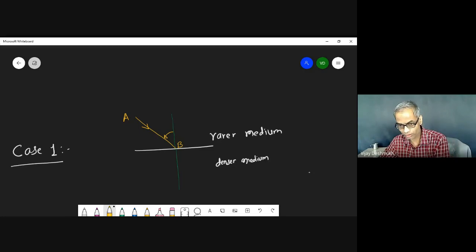So, whenever we talk about these two cases, it will be drawn very perfectly. Okay, quite nice. So, the angle is from this side. This is R, this is I. And suppose the refractive index of the rarer medium is N1 and of the denser medium is N2, then